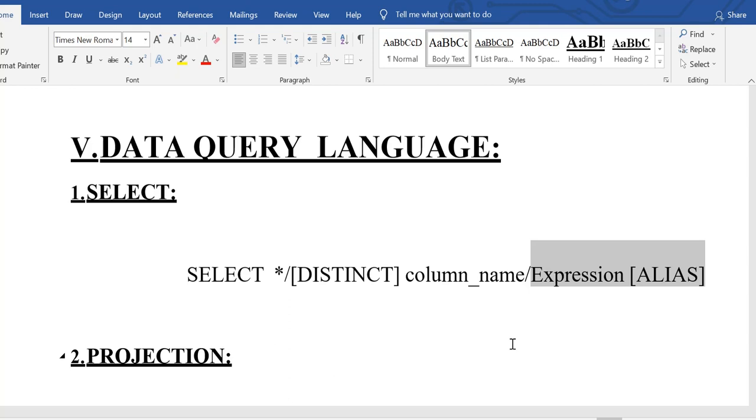I will show you an example for alias. Next, alias name should be a single word or a string enclosed in double quotes. Next one is that alias is not mandatory but recommended to provide. The advantage of adding alias is reviewing the query, and any issues can be caught easily. That's the use of it.